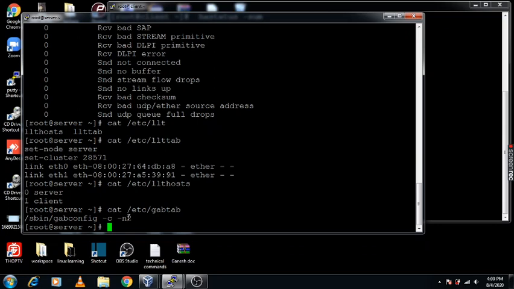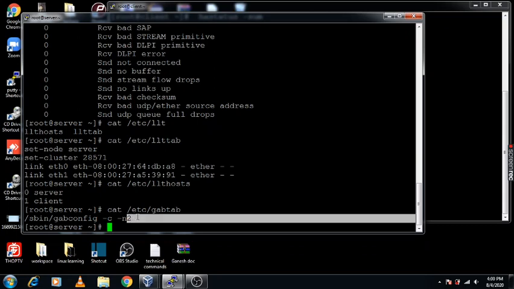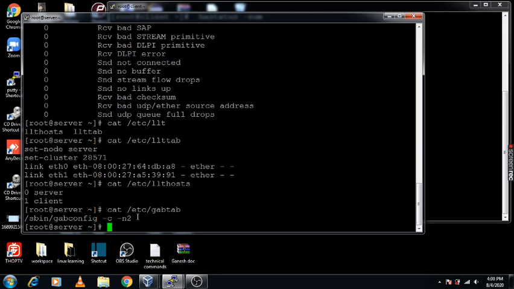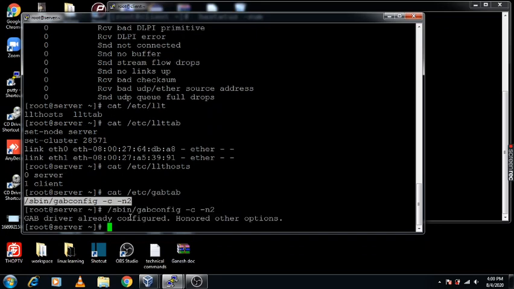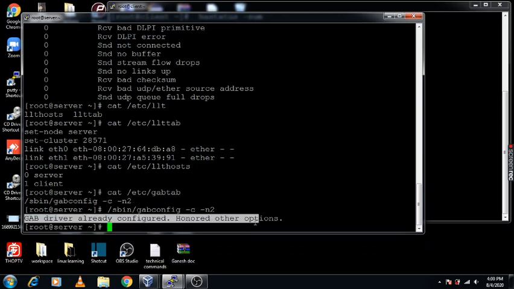If there are three nodes, then this number reflects as 3, and we can call this GAB seeding. When I run this command, this GAB driver is already configured.